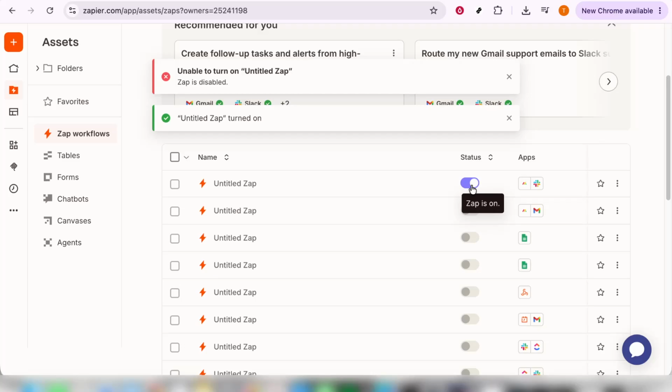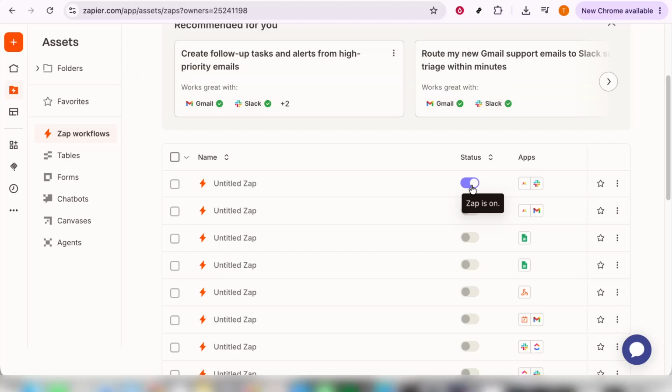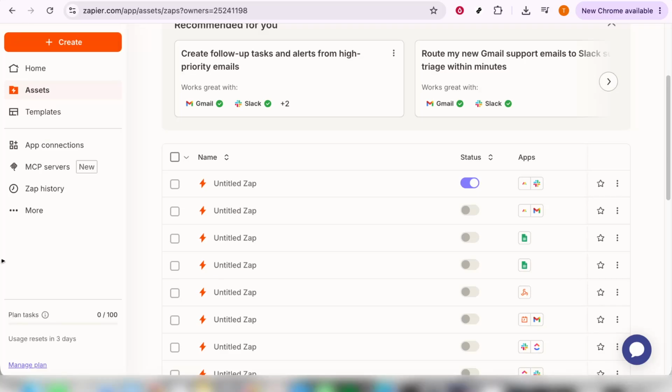The action will flip the toggle from its current position over to the opposite side, indicating that your Zap is now active. You'll typically notice a change in color or the switch visually moving to signify that it's been turned on. Enabling your Zap means that the selected automation is now live. It can begin executing its programmed tasks whenever the conditions are met or the trigger occurs, thus seamlessly handling repetitive